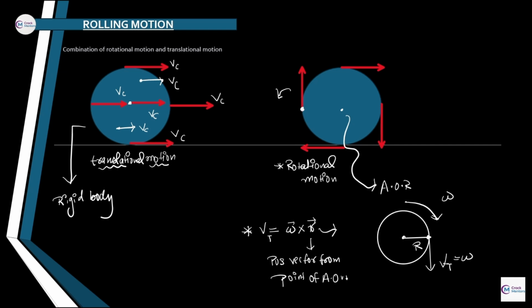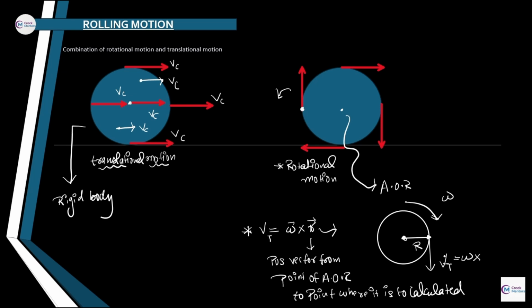Okay, the tangential velocity needs to be calculated at the point where it is required. I am hoping that you are getting my point. Then what is the tangential velocity? As we can see, it is nothing but omega cross r. And what is the axis of rotation? The axis of rotation is lying along the z direction. Then it is omega cross capital R vector.